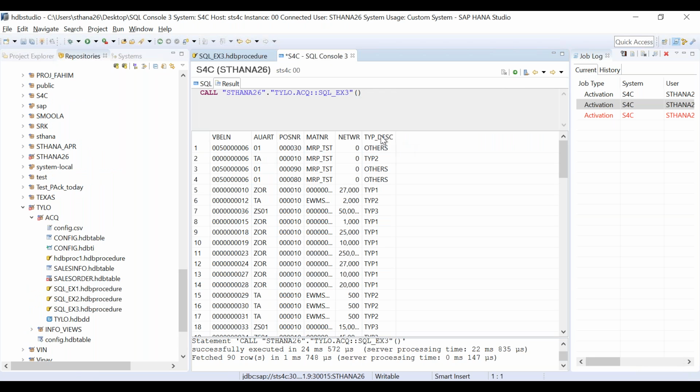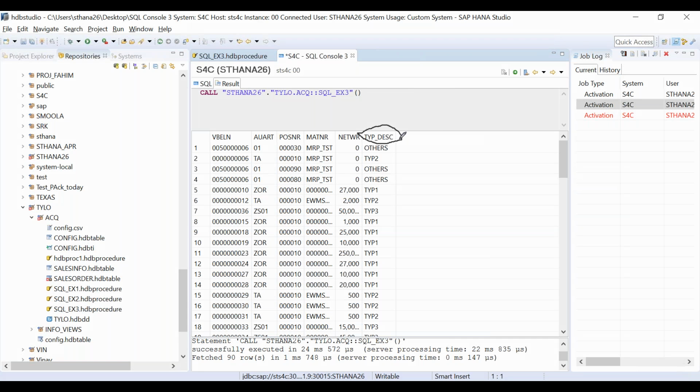Now you see the beauty. Type_description is a new column. Was that present earlier? Please answer in the chat window. No. And also tell me, is type_description part of any table, VBAK or VBAP? No. So what we have done is we have created a derived column. This is the concept of a derived column. This column is actually generated at runtime depending on certain parameters and conditions.